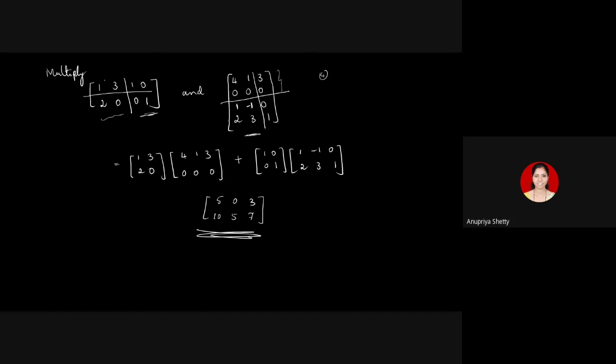That gives you the first block in the resulting product, and then this block with the second. I don't know whether it is visible here. So this block into the first block plus these two blocks, then this into that plus this into this, and then this block into the first block plus 0, 1 into the second block of the second matrix. So you multiply them as though they are 2 by 2 matrices. Each block is considered as one number, and you multiply them as if they are 2 by 2 matrices. Just use that method and get the product to be the same.